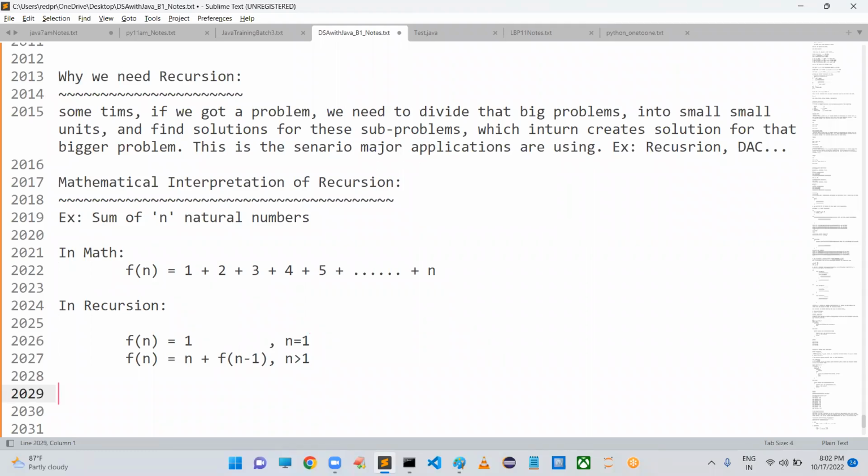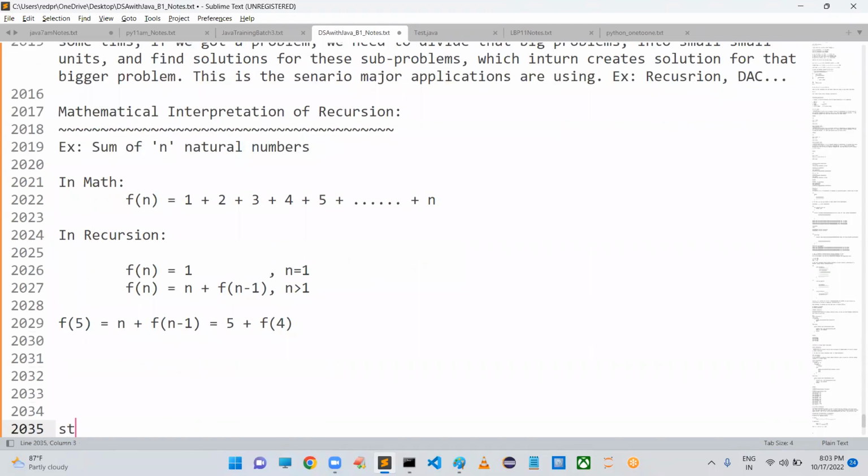Sir, let's calculate f of 5. How is it going to be calculated? Can I write f of n is equal to n plus f of n minus 1 as the formula? Hence, 5 plus f of 5 minus 1, which means 4.